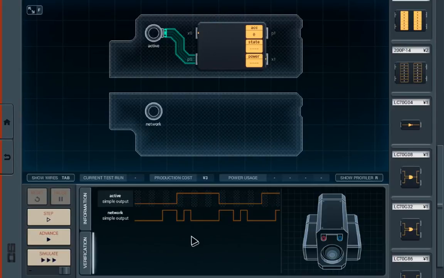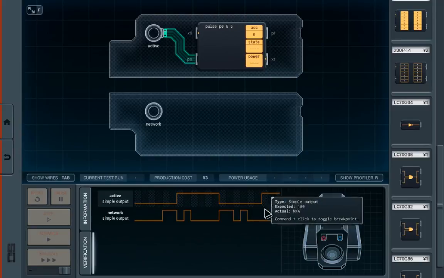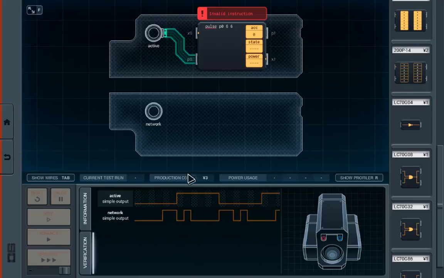And in here, we will just say, what's it called? Pulse? Pulse on P0, 6 and 6? Is that correct? Yeah, it didn't light up any errors, so apparently you can just do that. No. I already forgot what it's called. Gen. It's called Gen. And